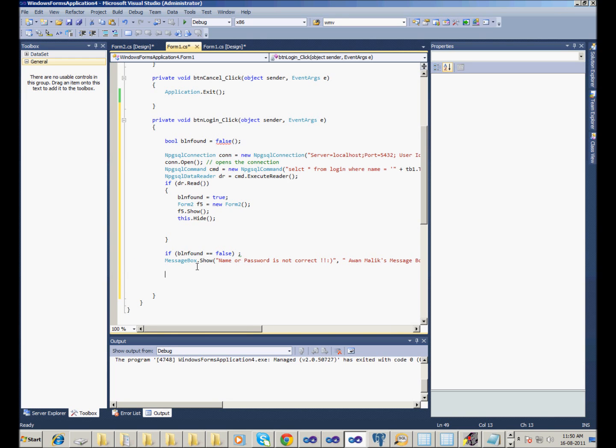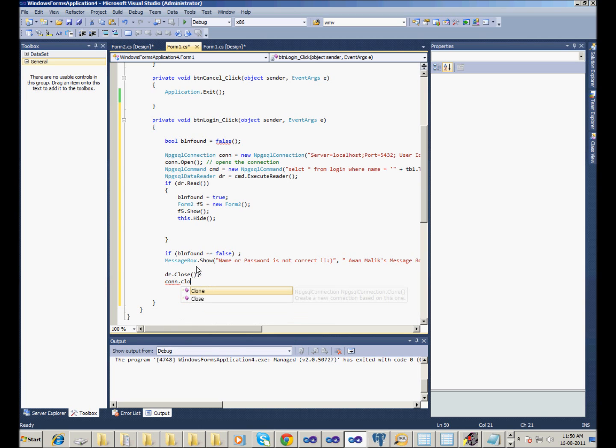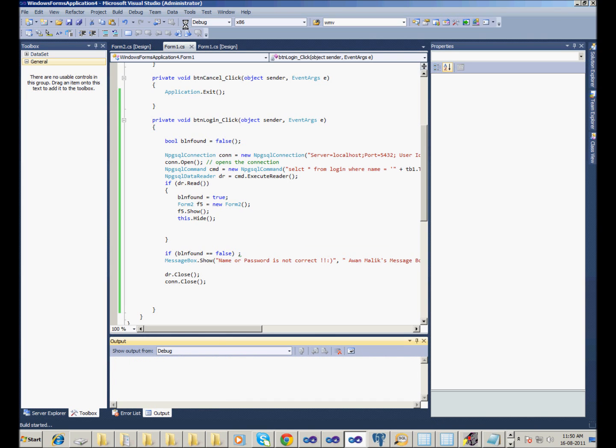And now don't forget that we need to close our data reader, otherwise the database will be open and create a problem for us. Yeah, I learned the hard way, guys. The connection should be closed because we are not going to be using it any longer. And this is it. Now let's run it and let's see it will